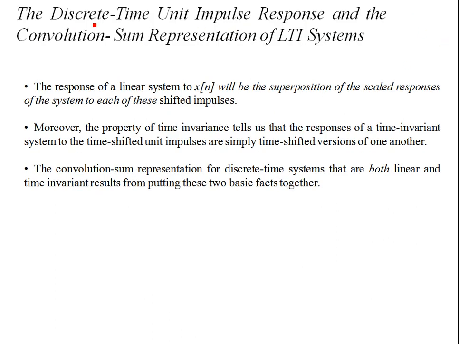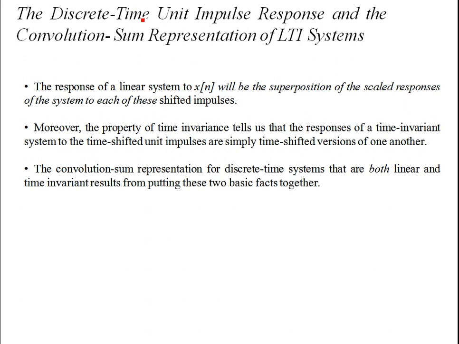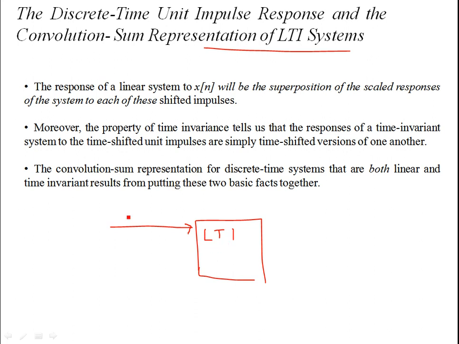let's try to see how we can use this interpretation in deriving the convolution sum, which represents the output of a LTI system. So let's say again we have an LTI system to which an arbitrary input x of n is applied. But first of all, let's consider, since we know that the system is both linear and time invariant,